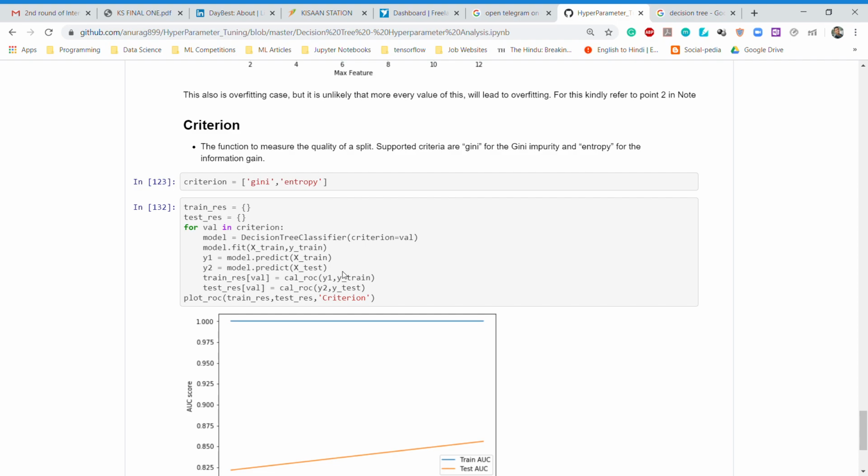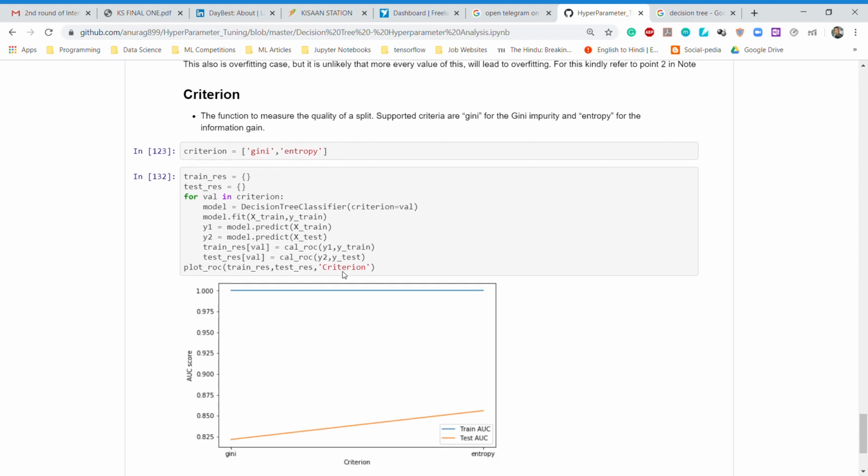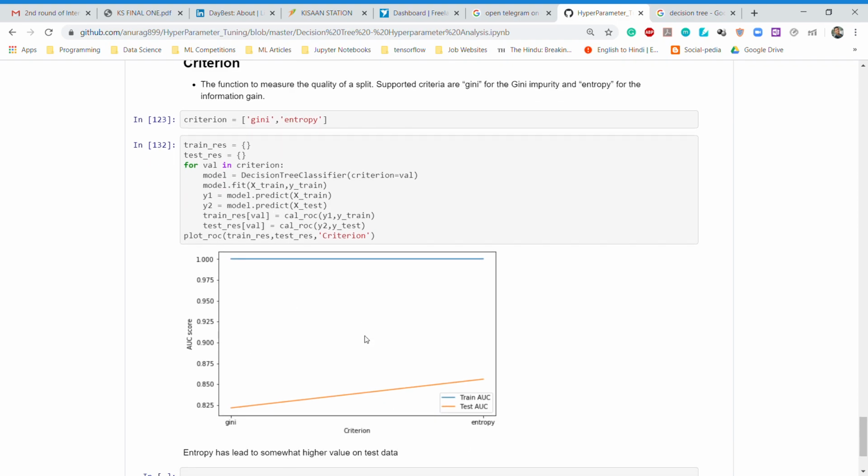We can discuss it later on, but to give you a high level idea, we split our node with these two approaches, Gini importance and entropy. If we see here, for this example, entropy works best on our test data and is good for our model.